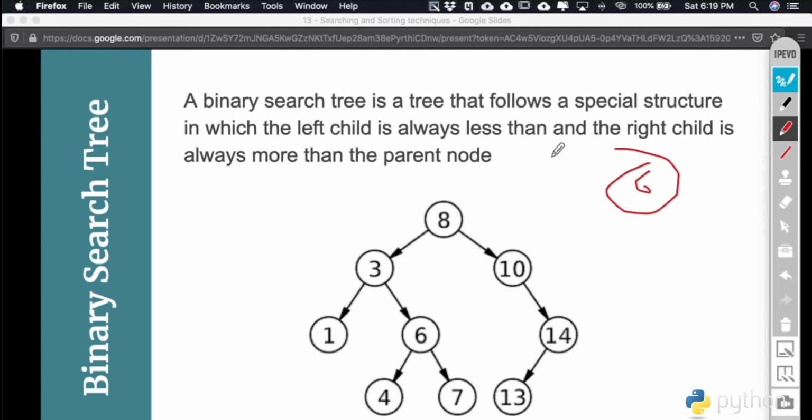First I will make the comparison with the root node. So I will compare 6 with the root node. Now you clearly see 6 is less than 8. So next I will go to the left side of this tree, because all the nodes which are lesser than 8 will definitely lie in the left subtree. So I will discard the right part and only consider the left part of this tree.